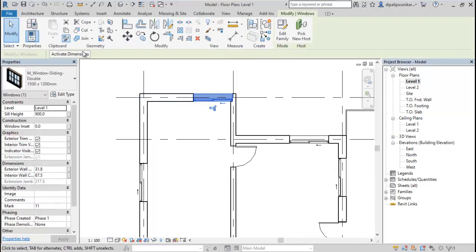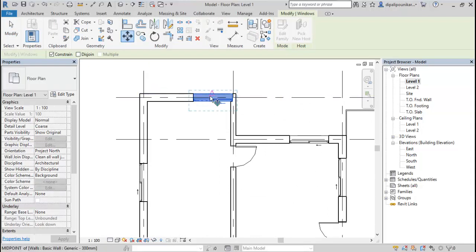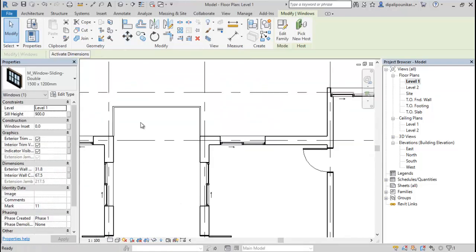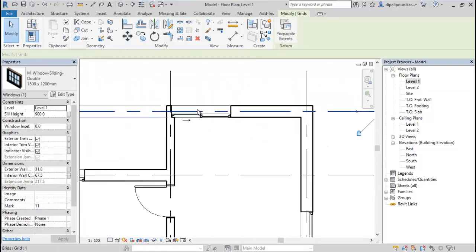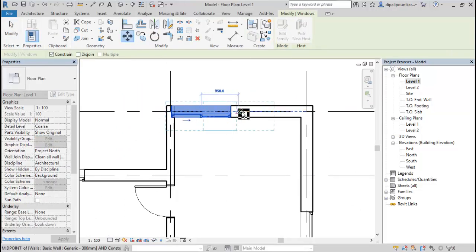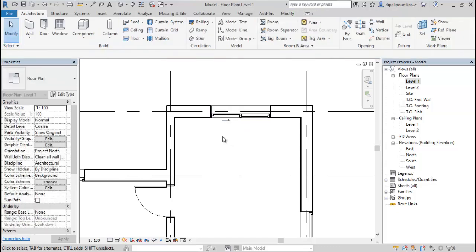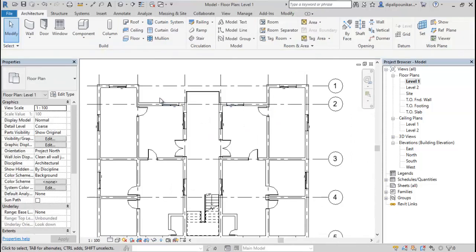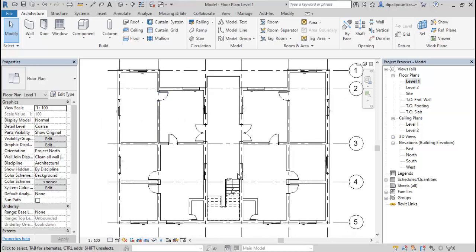Now you can see here there are some changes you need to provide. This particular window you need to move from here a certain distance, because it comes under the column, which is not acceptable. Like this. Yeah, that is okay. So like this, Control S. You can see this is what our model is prepared now.